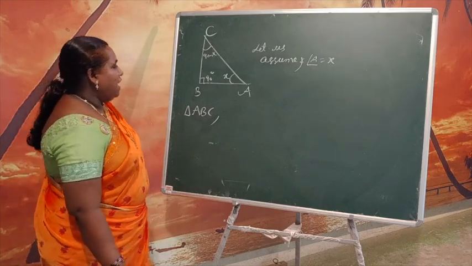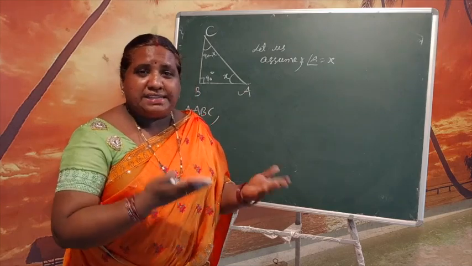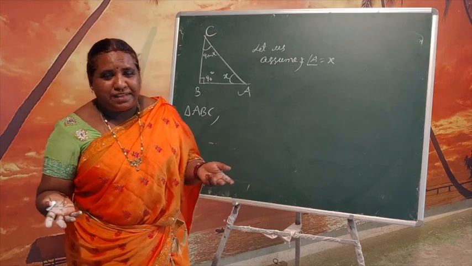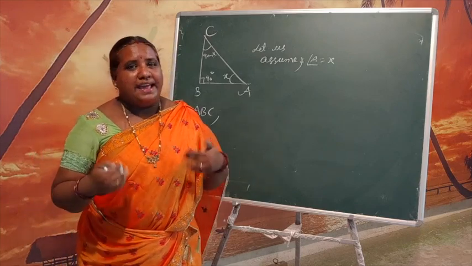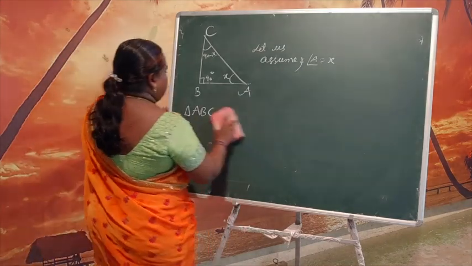Okay. Now we'll go to find out the trigonometric ratios: sin theta is equal to opposite by hypotenuse, cos theta is equal to adjacent by hypotenuse, and tan theta is opposite by adjacent. Ready? Now see, children. We'll just go through it once.